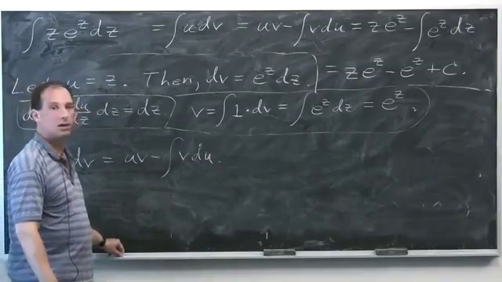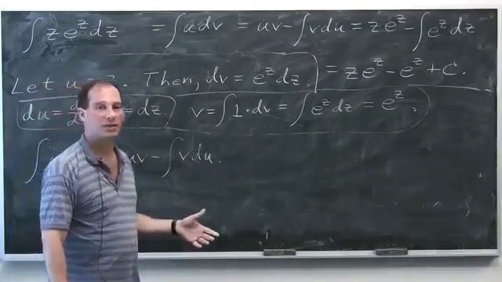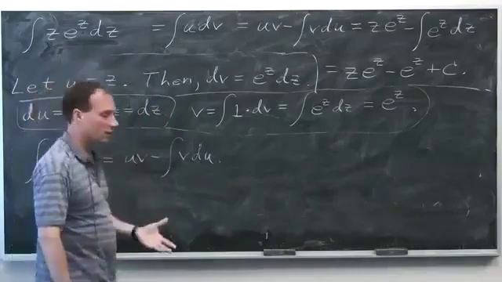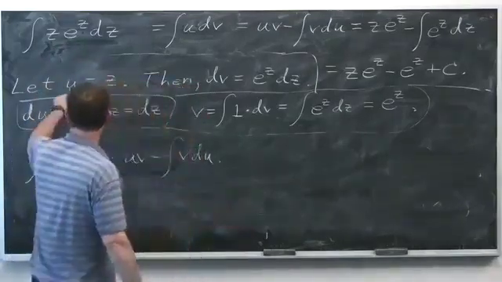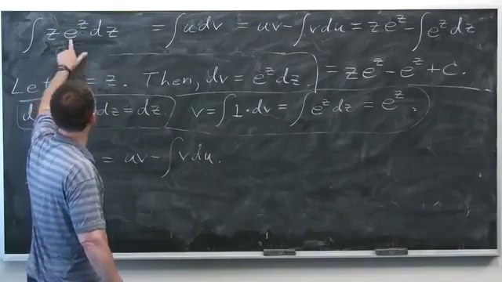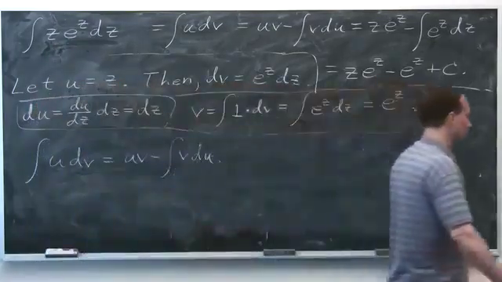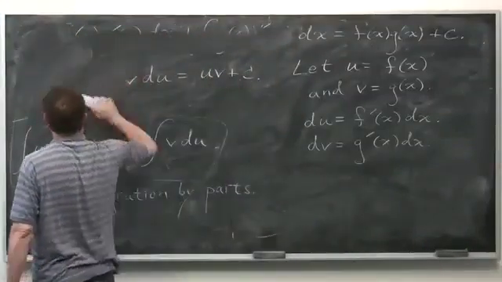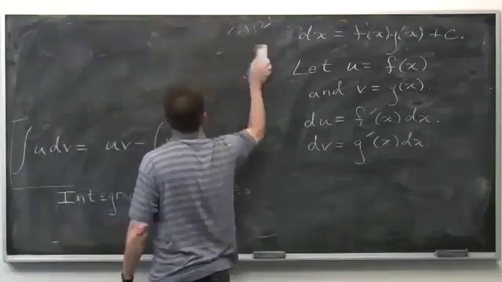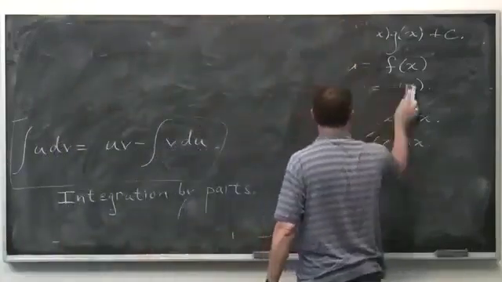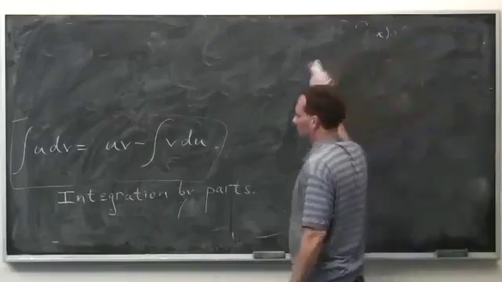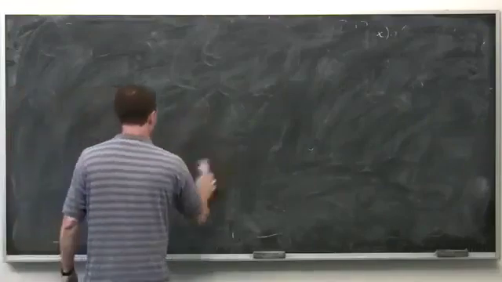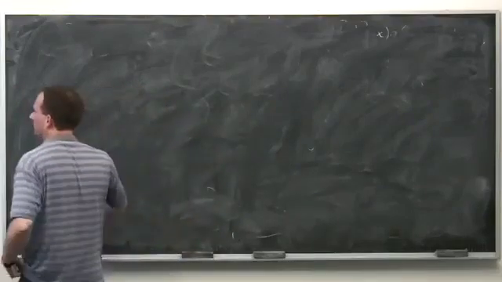All right? What happens if you make the bad choice? What happens if you looked at this, you realized it should be integration by parts, but instead of picking u to be z, you pick u to be e to the z? You don't get something that's wrong, you just get something that's not helpful. Your integral becomes harder than it started out, which is not good. So